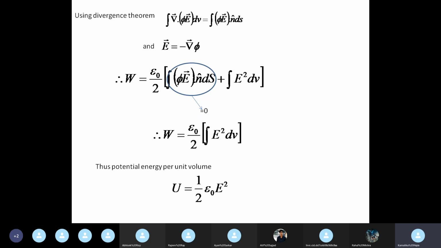So that more or less completes one part of our syllabus. There is only one last part left, that is electrostatics in dielectrics. That is in a medium where the value of permittivity is not epsilon naught. So that part only we have to do, which is left, and that we will do next week. And that will complete our syllabus.